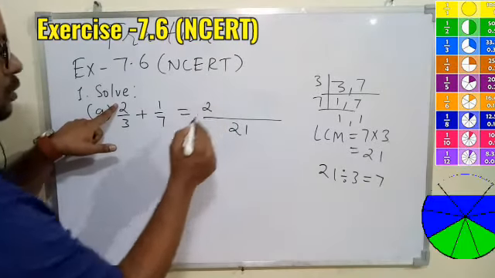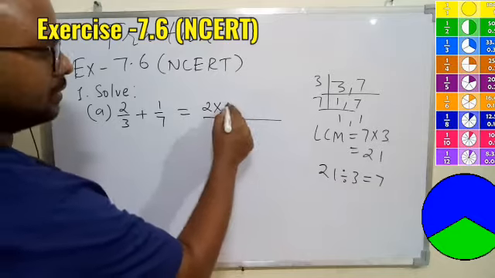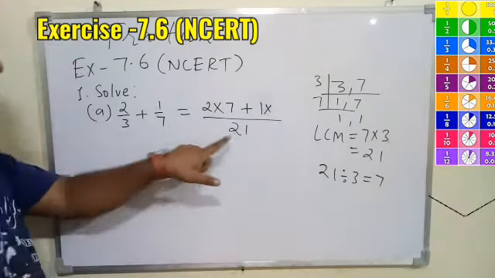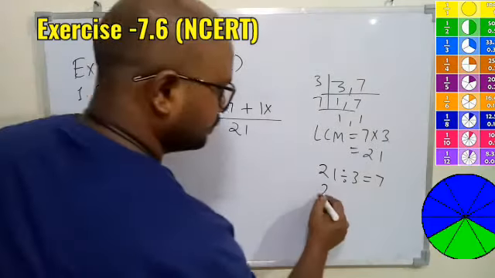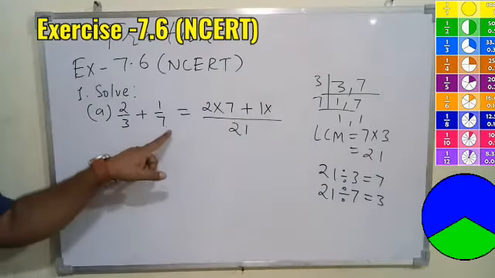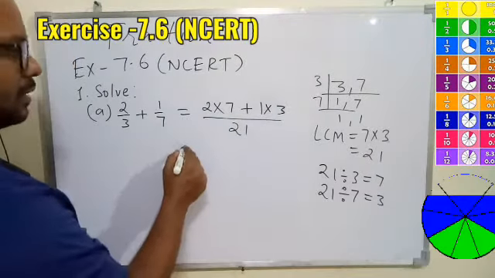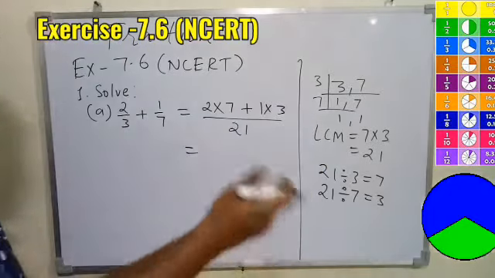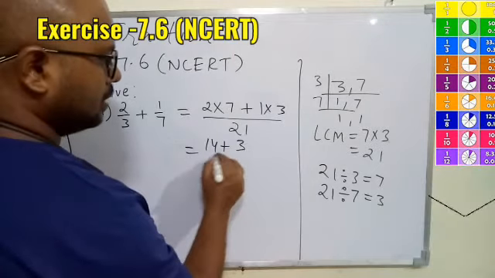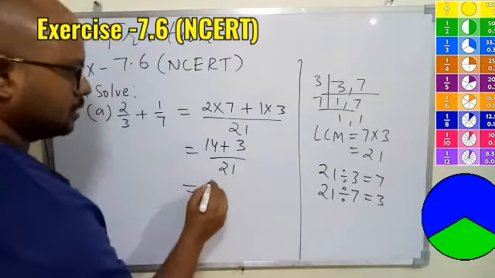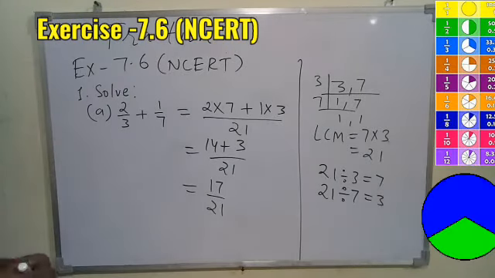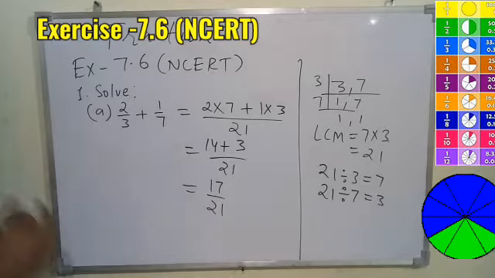So here we have numerator 2 will multiply 7. Then we have plus as it is. Here we have 1. And then again we divide 21 by 7. 21 divided by 7 will be how much? 3. So what we are getting? 3 multiply. This is our rough work, okay? So you can also show this work on one side. 7 twos are 14 plus 3, 17 by 21. I think this is already in the reduced form. We can't reduce it further. This is our answer.